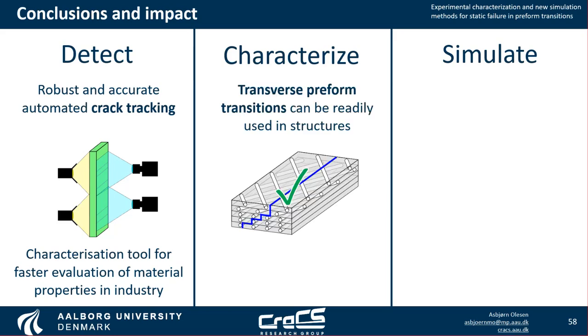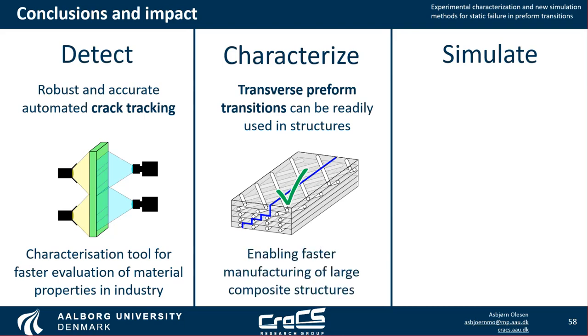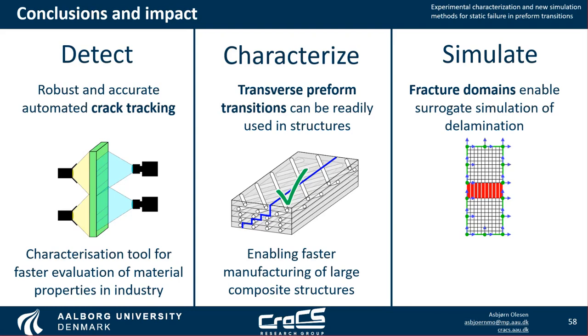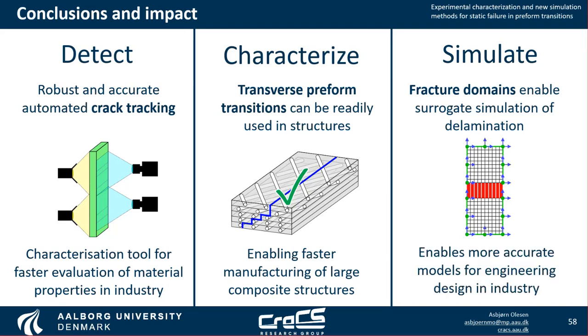On the characterization, we saw that the transverse preformed transition can be readily used in structures. And the importance of this is that it enables faster manufacturing of large composite structures, or in general, serial production of laminates. And finally, for simulation, we looked at the fracture domains, which enable a surrogate simulation of delamination. And the importance here is that with this, we get one step closer to using surrogate models and thus introducing industry to our high accuracy finite element models that can be implemented in the engineering design